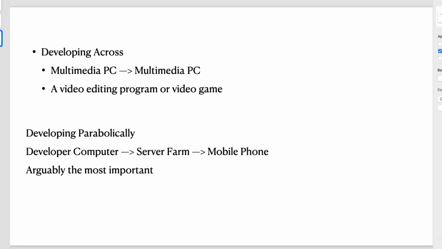Parabolically, and I'd like you to imagine a parabola that begins with a negative number so it opens down. It looks like a little hill. You have your developer computer, you're developing like you are when you're developing up for a server farm, but it's going to be a website or a small mobile app that's going to be used on one of those crappy, slow phones. And arguably, this is one of the most important types of developer slopes